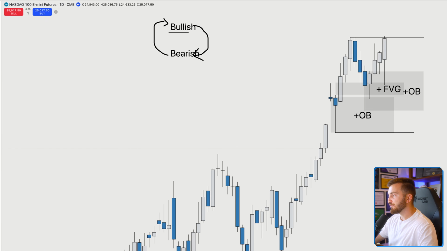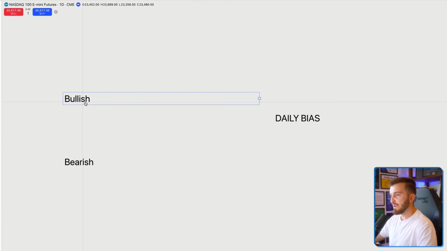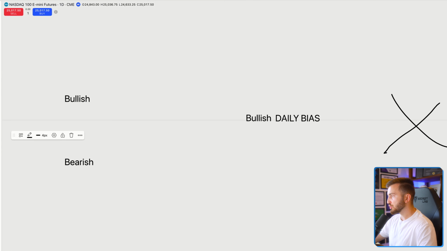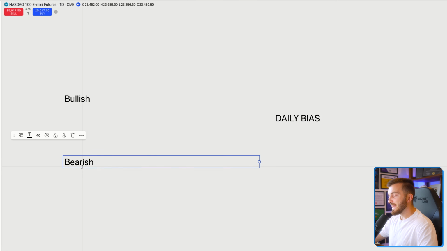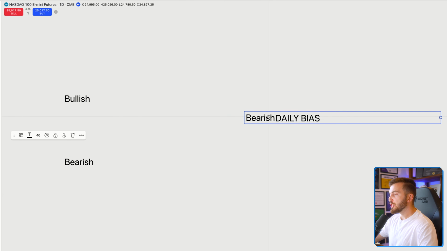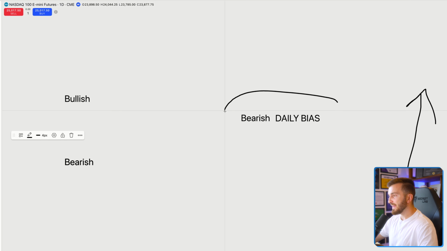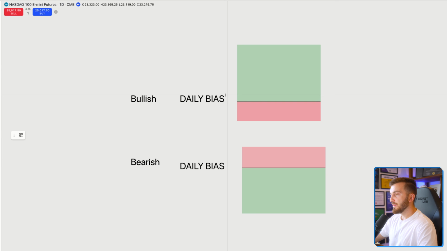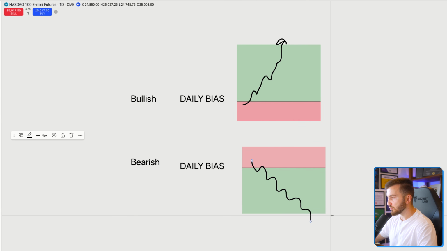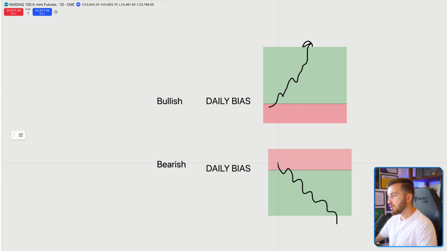And this happens every single day. And the way that this is going to help you is that every time the daily bias is bullish, you do not enter in short trades, meaning you are not going to sell. And every time that the daily bias is bearish, you will never long, because you know that at the end of the day, the market will be moving down. It will be moving bearish. Therefore, when the daily bias is bullish, you will only enter in longs. And when the daily bias is bearish, then you will only enter in shorts. This is the concept that has completely changed my trading forever. And this is the only concept that I needed to learn from ICT in order to become profitable.